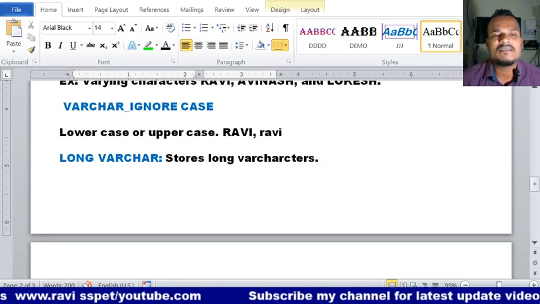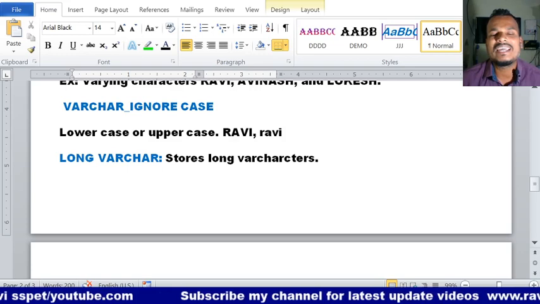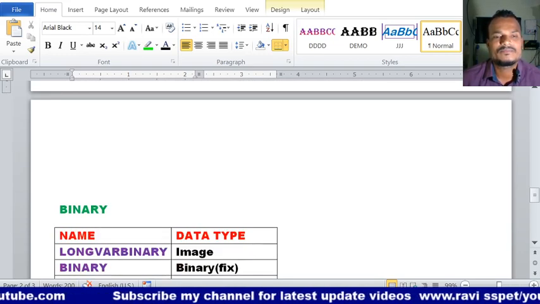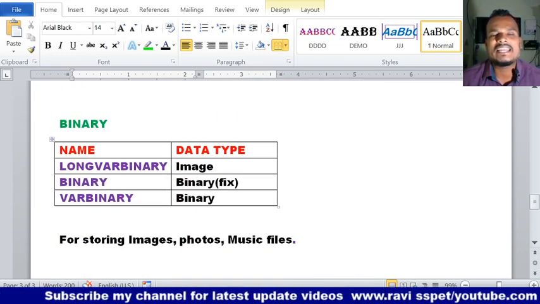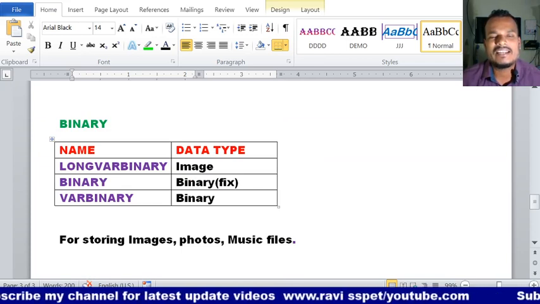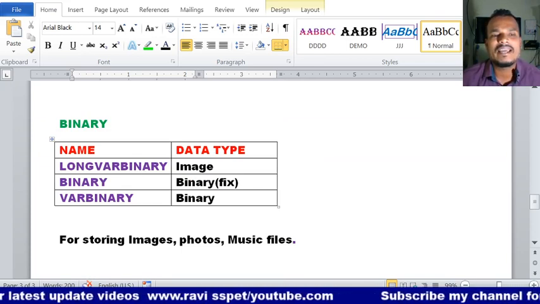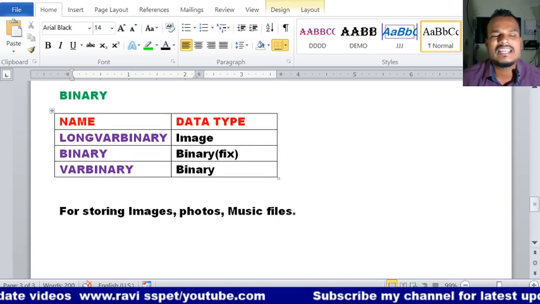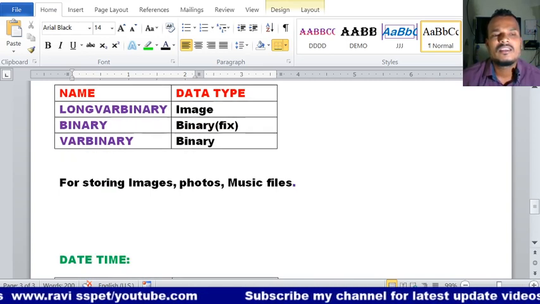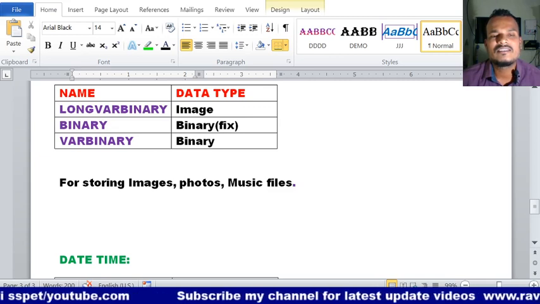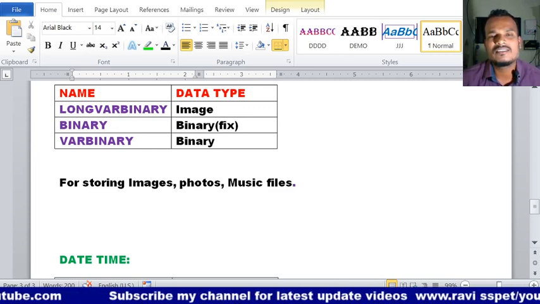So long varchar stores long varying characters. Then what about binary? The binary data types are long varbinary and varbinary. These binary data types are used for storing images, photos and music files.